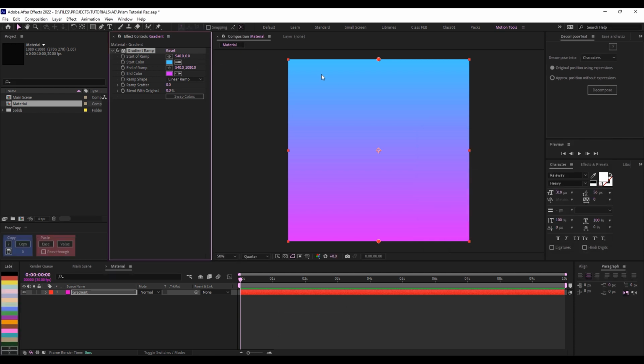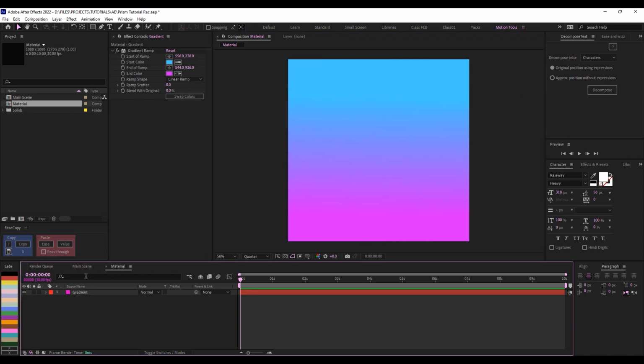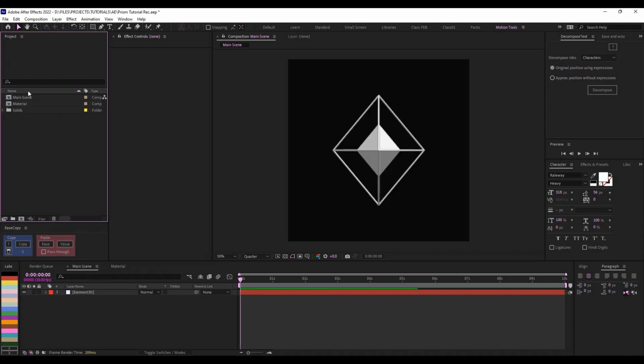What I need to do now is to change the handles, the start ramp and the end ramp, and I'll just click, make sure I select this, then click and drag this somewhere here, then click and drag this somewhere here. And I think I'm happy with what I'm seeing. Maybe I should just drag this further down. I like this shade. I've done creating my material,